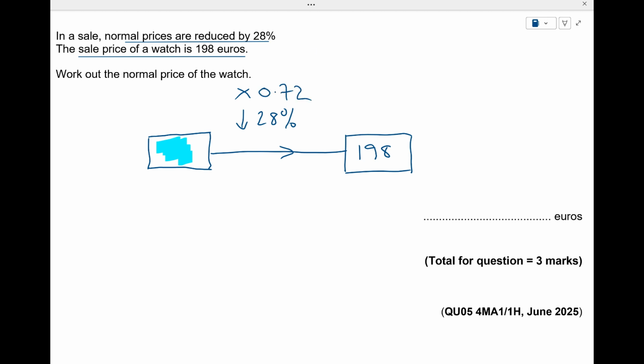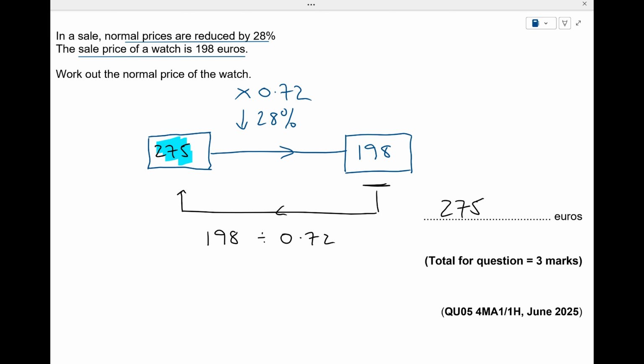0.72. So to go from the new price back in time to the old, 198 divided by 0.72. 198 divided by 0.72 gives me a starting price of €275. And you could always check that by taking your €275, reducing it by 28%, and checking that you would get €198. So there you are, that's question 5, a relatively straightforward question on a topic which comes